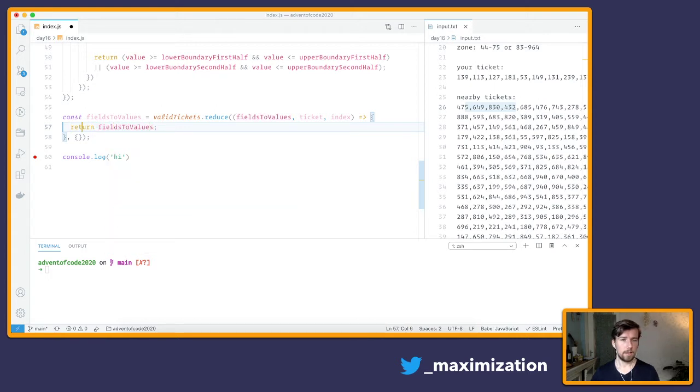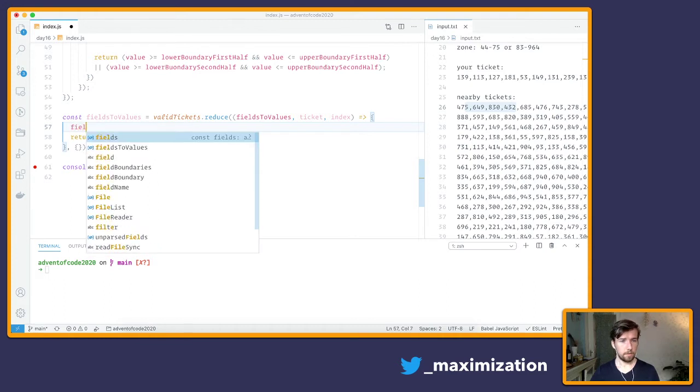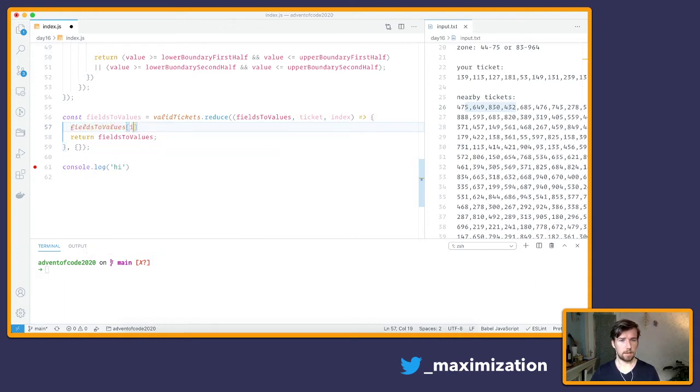But what I need here, why doesn't this work? I have a shortcut which should add a line at the top, but it's not working for some reason. Okay. So fields to values at index should be equal to